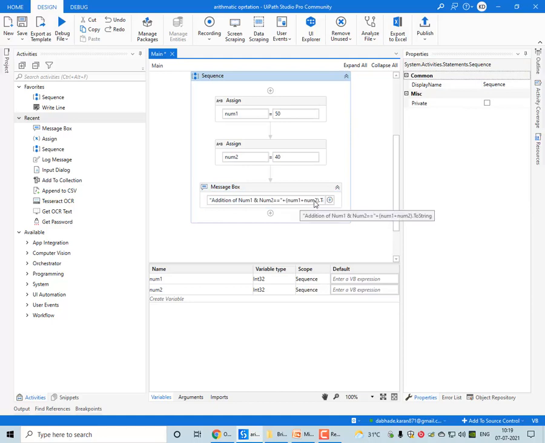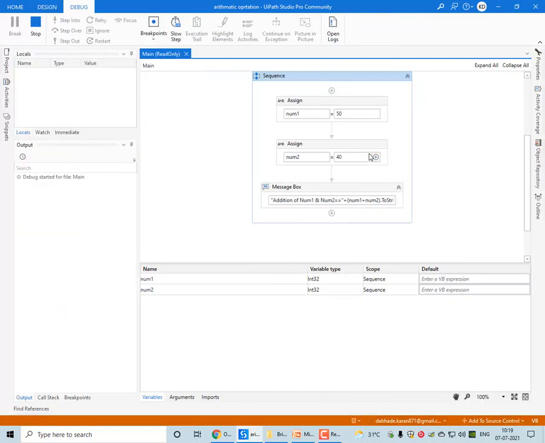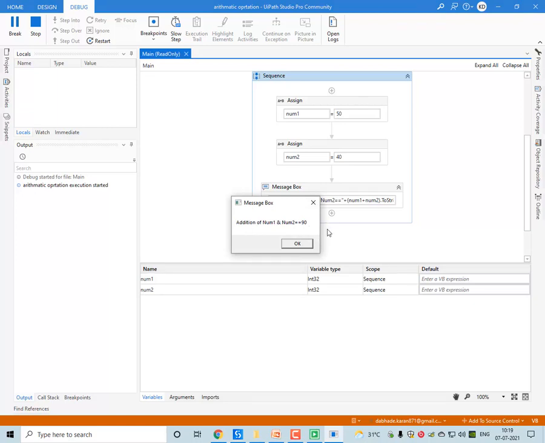See, these are numbers, we have to convert them into string, that's why dot ToString. So let me save and run this. So you can see 40 plus 50 is 90. This way we can create different variables of different data types.